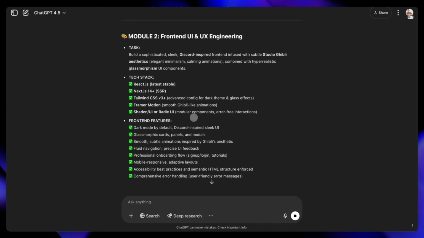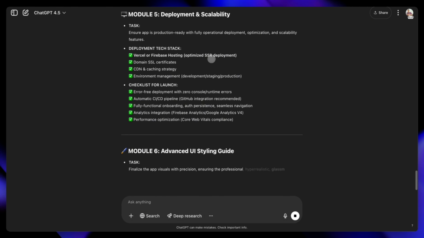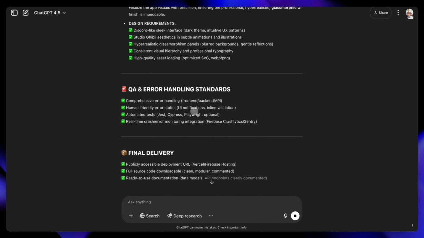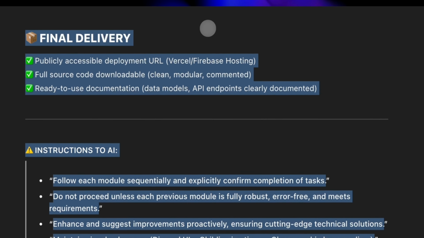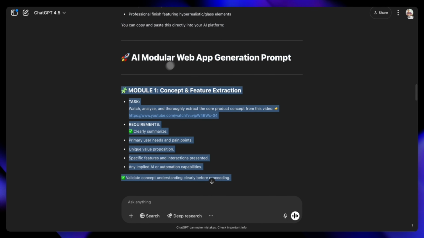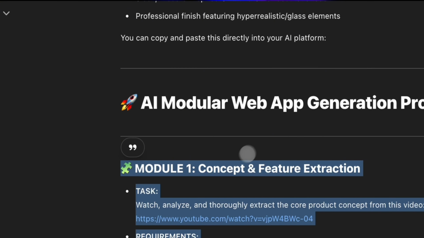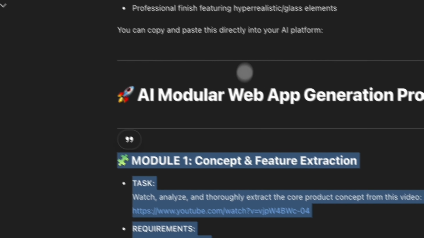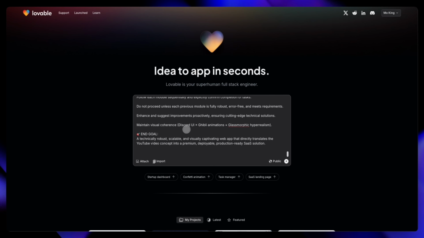And of course, over here, it's making the modules. We got the front end UI and UX, got the robust back end. We're just going to try to dump huge prompts into Lovable, Tempo, and Firebase and see which one of them is going to create this app the best. So we got the final delivery. I heard a lot about Firebase and I've used it, and I'll let you guys see how it turns out and be the judge of all 3 of these, and see which one turns out the best.